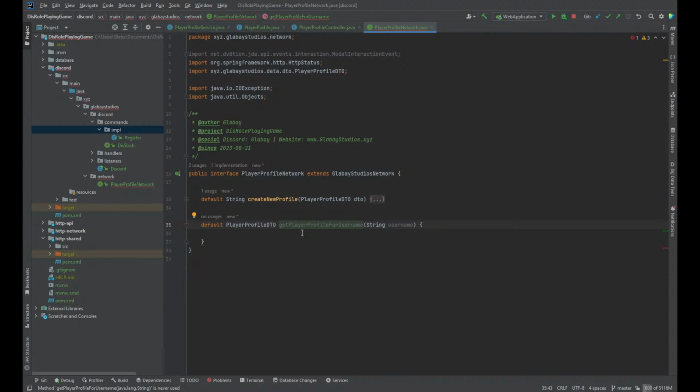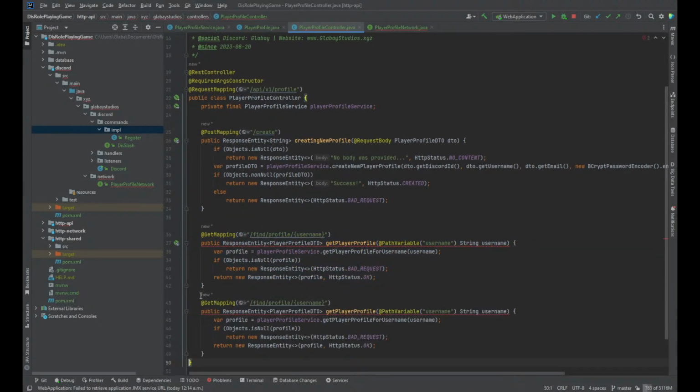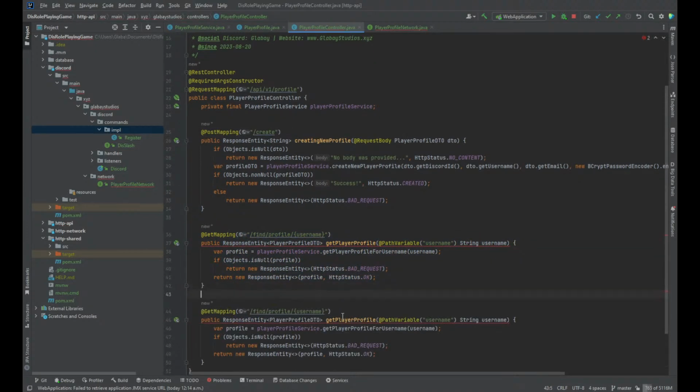Okay, I feel like I should have done this differently. Okay, so we're going to have two of these. Get player profile for username